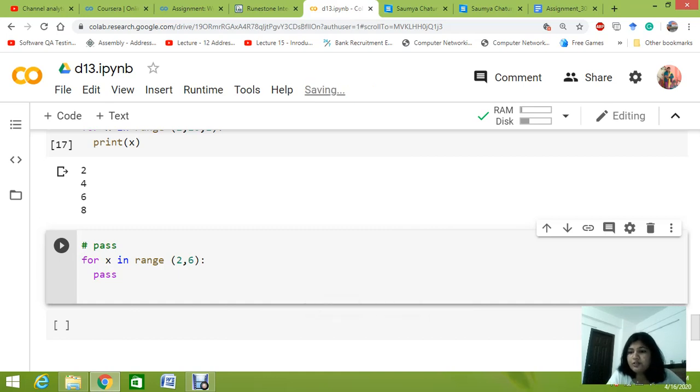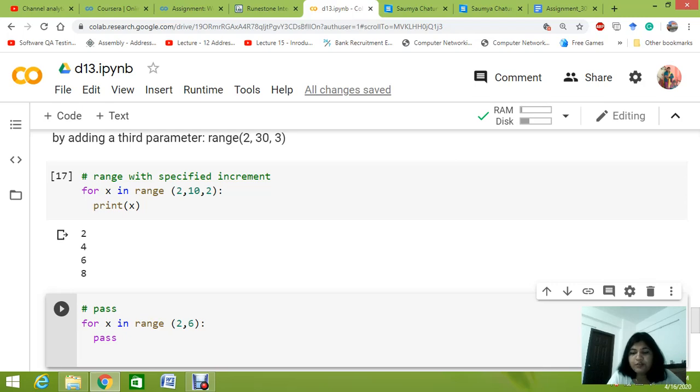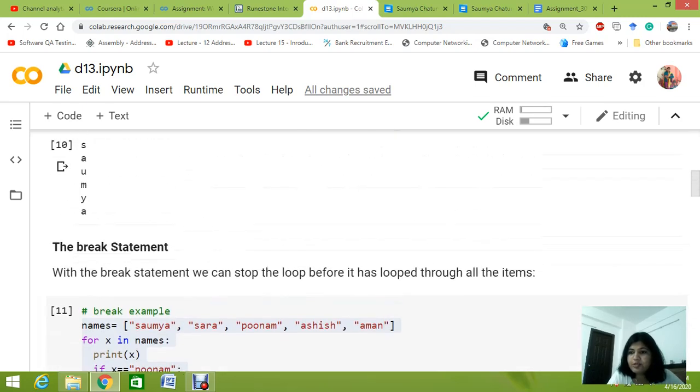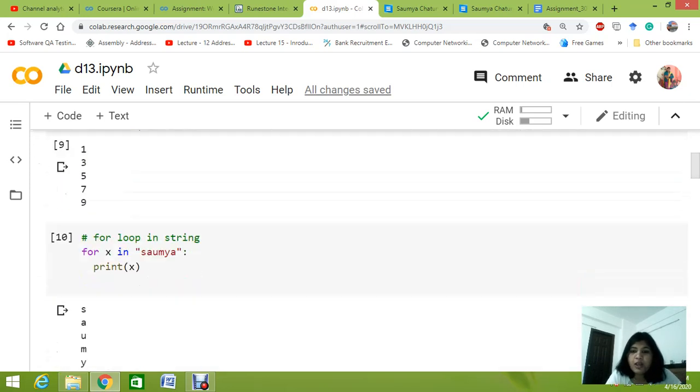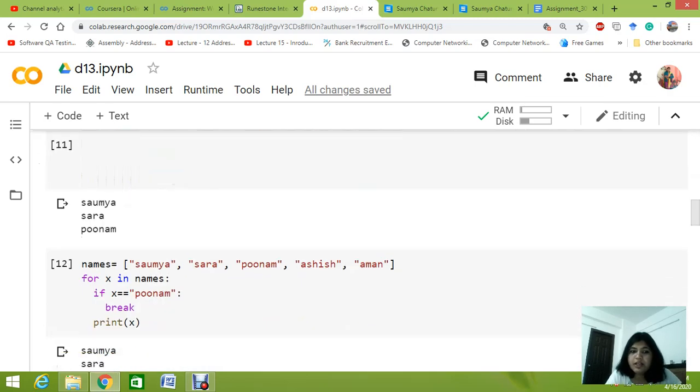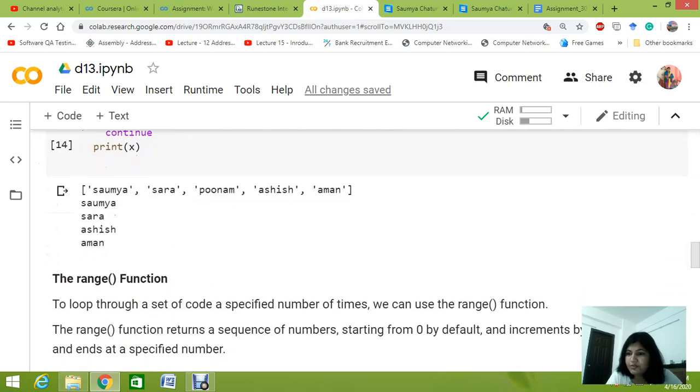So that's all in the video of for loop. We have seen that the for loop is applicable to iterable objects like list, tuple, set, dictionary, and even on strings we have checked it out, and the break statement, continue statement we have checked out, and the range function